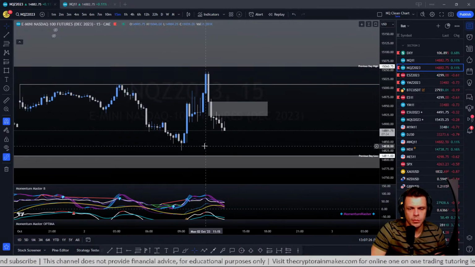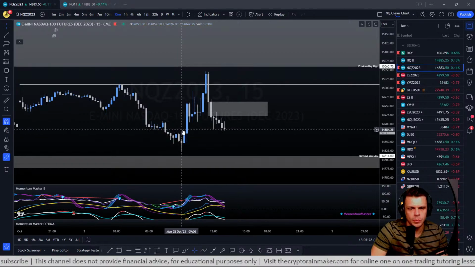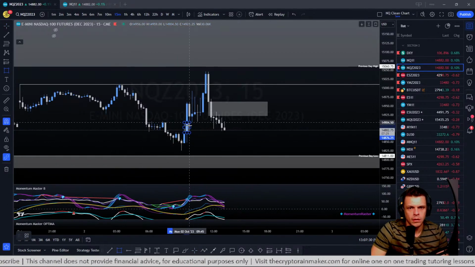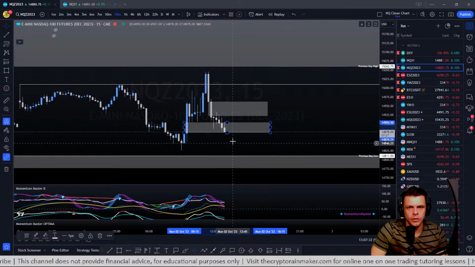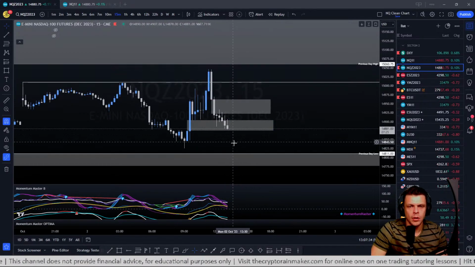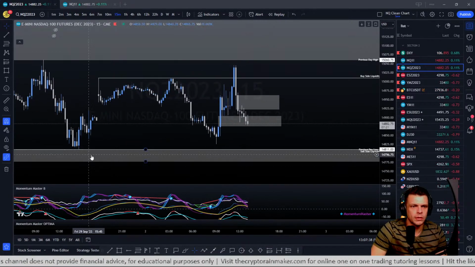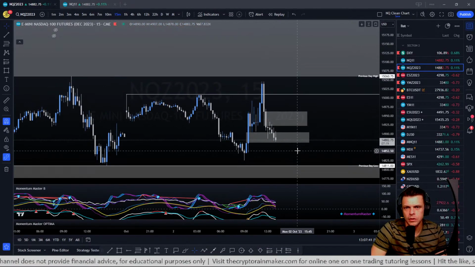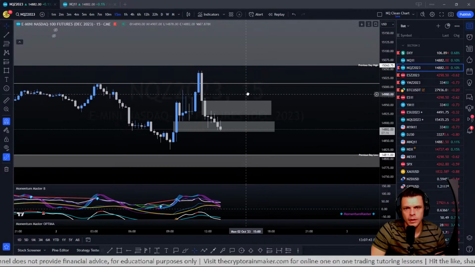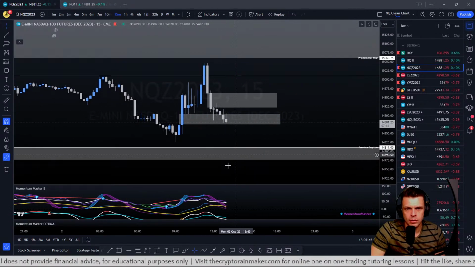There's a fair value gap right here. We'll have to see if it gets respected. This might turn into an inversion fair value gap, so it will break lower and then kind of test this as support before going into the sell side liquidity below the previous day low. Okay, so perhaps,